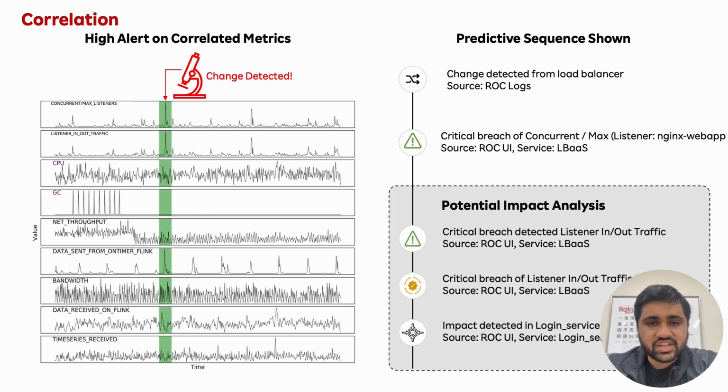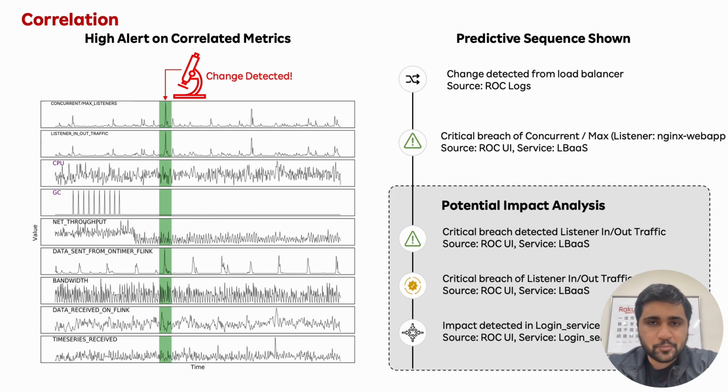So over here, there was a change detected in the load balancer, and that led to a critical breach of the concurrent or maximum listeners. That's the scenario we saw earlier, where the number of listeners was not going up as high as it should. And because of that, the potential impact was finally an impact in the login service. So because the load balancer was not configured properly, before issues started arising fully or alert storms occurred, Cog AI tells you that the impact is detected in the login service, and that's what's going to get affected